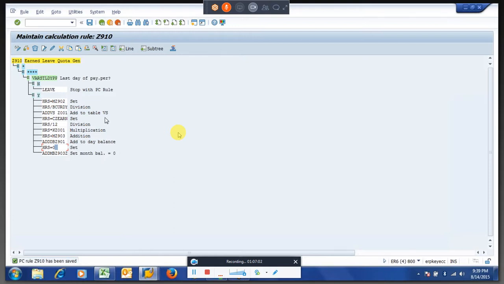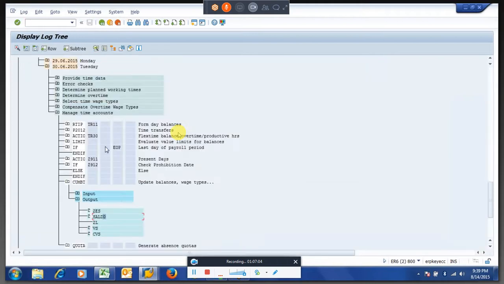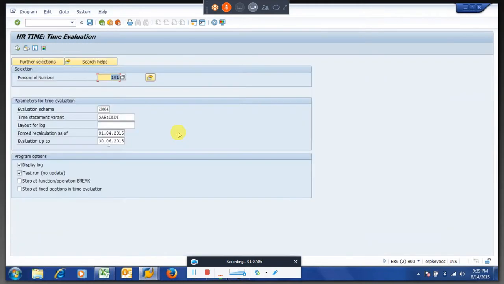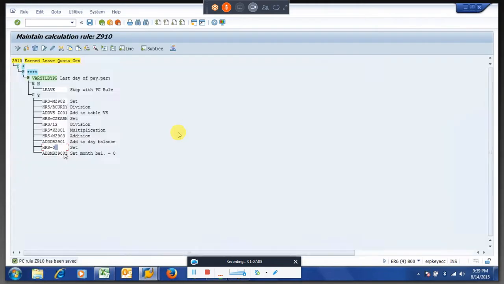So this is what exactly we are going to do here. If I run now, because I had changed this to 0 and then Z, this is exactly what we have to do many times in many PCRs in further scenarios also.